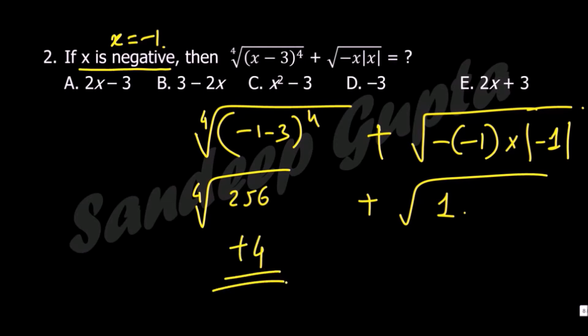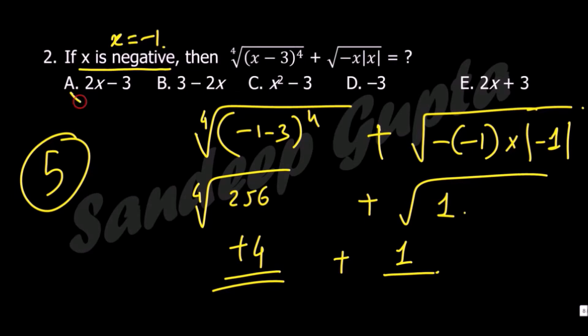That's it. This is all that you have to remember. And plus root of 1 will only be equal to 1 and not minus 1. So 4 plus 1, 5 is what I should get. Now the same value when I substitute here, I should again get 5. So if I substitute x equal to minus 1, I definitely don't get 5.